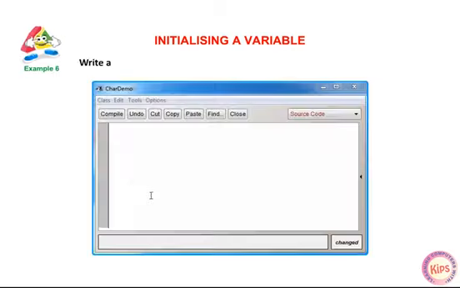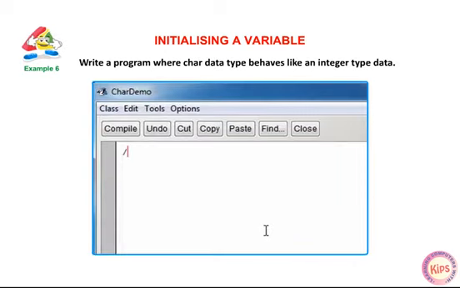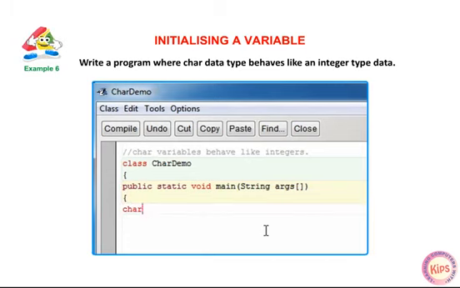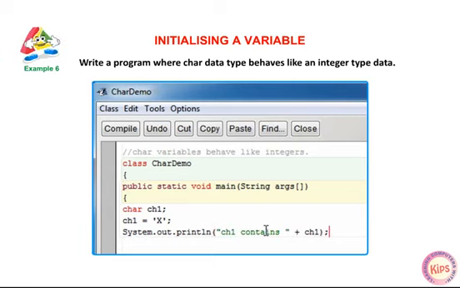Example 6. Write a program where character data type behaves like an integer type data. // character variables behave like integers. class CharacterDemo { public static void main(String[] args) { char ch1; ch1 = 'x'; System.out.println("ch1 contains " + ch1);